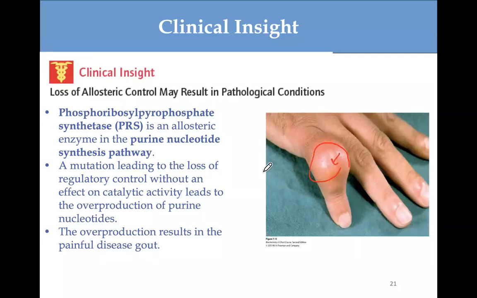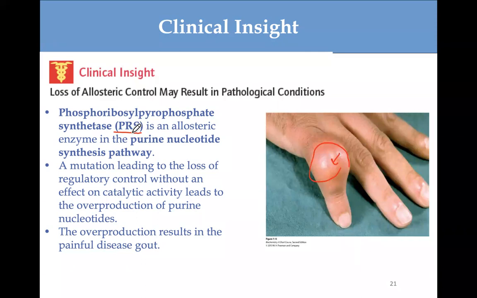Now, how does gout happen? We know purine and pyrimidine are the nucleotides needed for the synthesis of DNA. In the purine synthesis pathway, we have the PRS enzyme, which is an allosteric enzyme, a rate limiting step enzyme. And I said rate limiting step enzymes are tightly regulated by the body because we don't want any overproduction or underproduction. However, sometimes we have a mutation in this enzyme